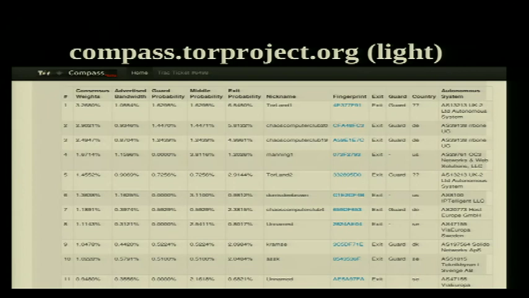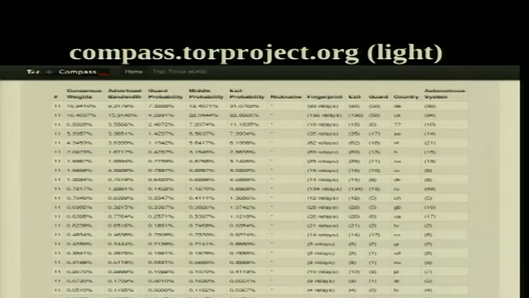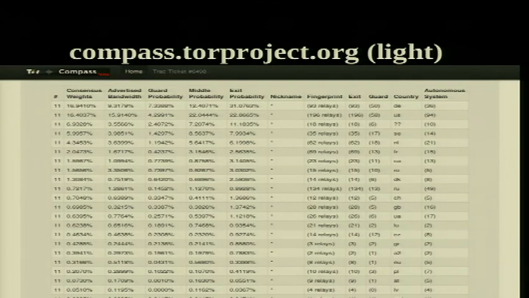We've got 3,000 relays in the Tor network, but the top 50 or so are something like 70% of the network by capacity. So there's a lot of balancing to be done between performance and anonymity. Looking at it from another direction, grouping by country, at this point when I took this snapshot, 31% of the exits came out of Germany, and 22% of the exits came out of the US. So part of the challenge there, I mean, it's great that we've got lots of people in Germany running exits, we need more, but we also need to understand what the diversity trade-offs are with respect to how many exits we have in different places.